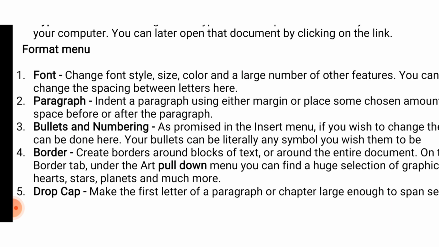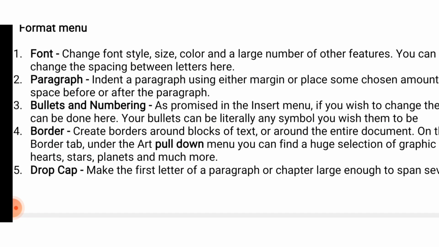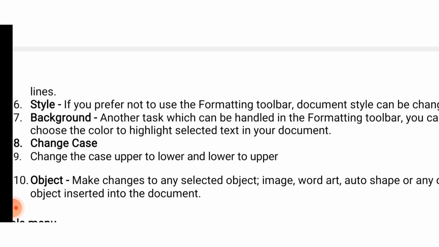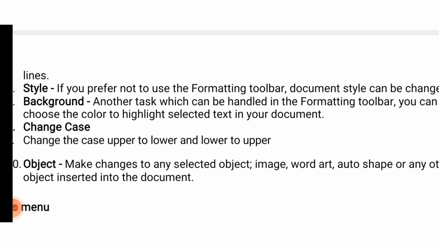If you wish to change the bullets, it can be done here. Border, it creates a border around a block of text or around the entire document. Next is the style. If you prefer not to use the formatting toolbar, document style can be changed here. Next is change case. It is used to change upper to lower and lower to upper case.